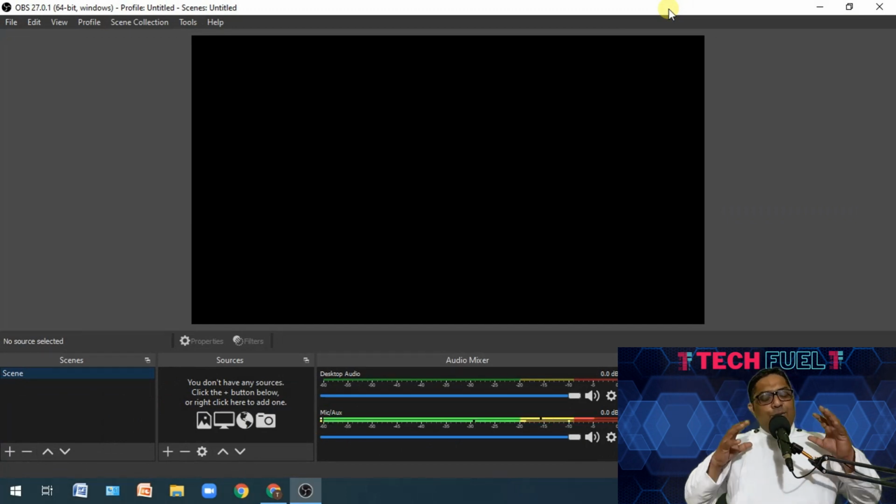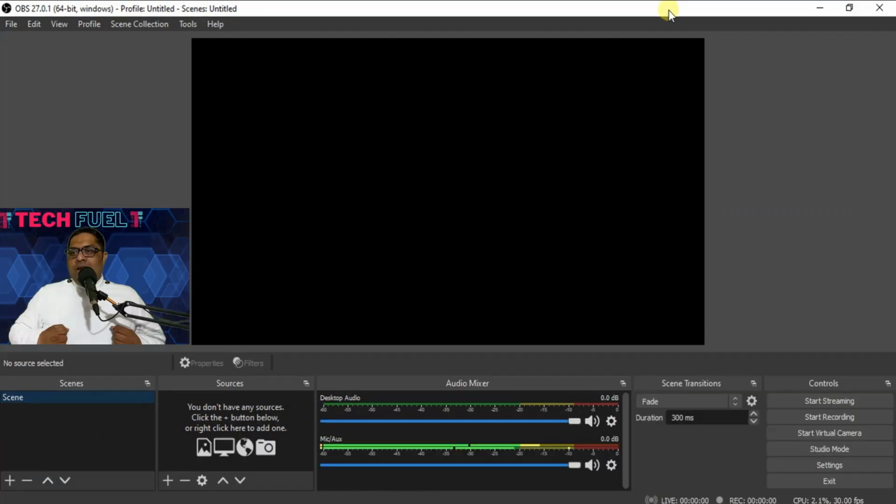Now you need to have a feel of this OBS. I have heard many saying that they had downloaded OBS last year, but it was not possible for them to work on it, or they have not tried to do anything on OBS. The reason is that when you look at the layout of this software being opened, there are many things, right? There are many things in this, and it may lead to confusion. What are all these things? Now, one thing that I want you to understand is that